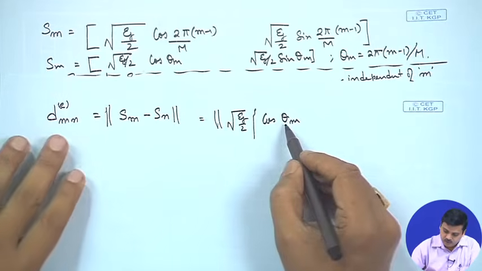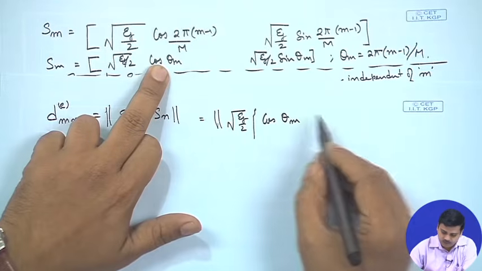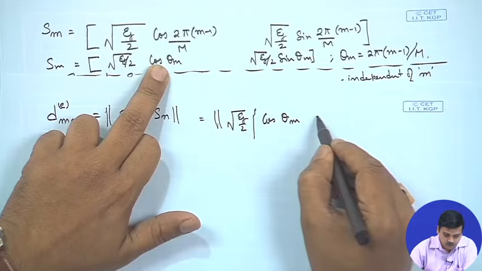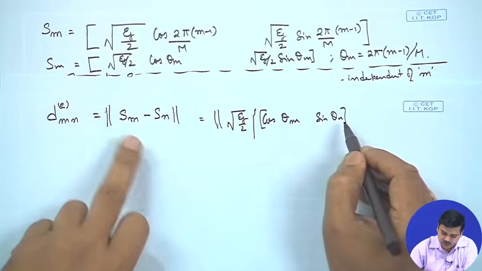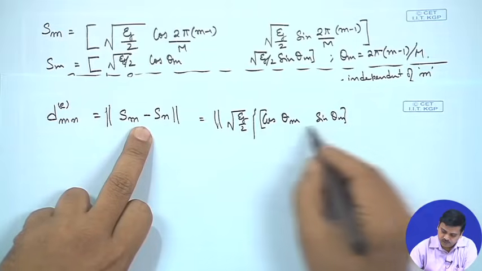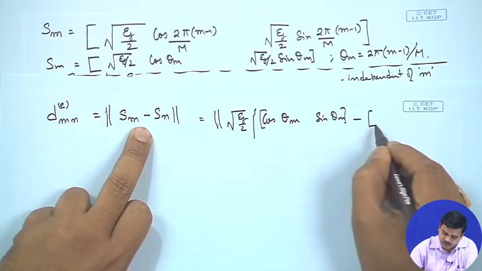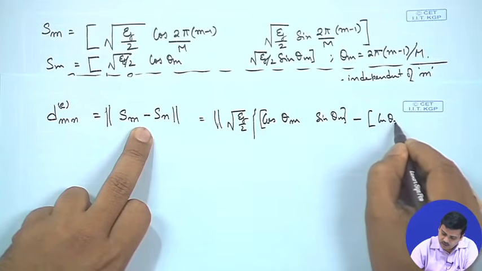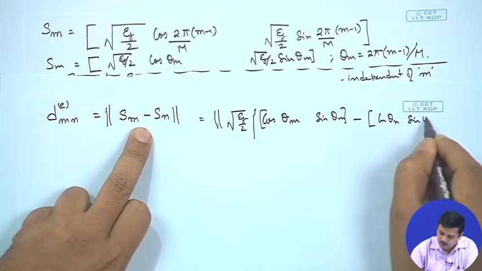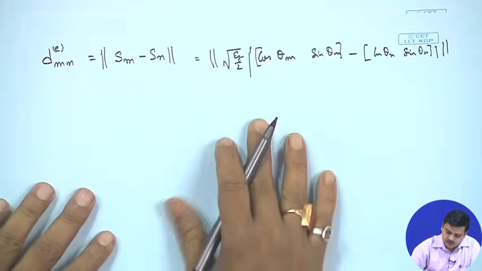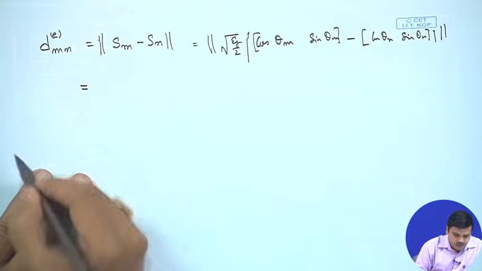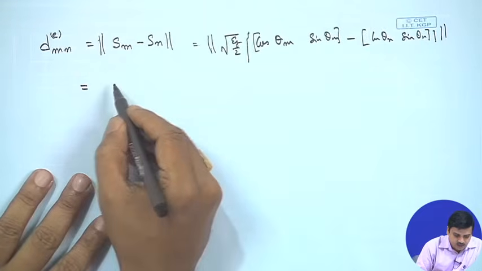So, you have cos theta m and sin theta m because of the first signal, first component, second component, minus cos theta n and sin theta n, the norm of that. If you continue on this, we would just like to recall